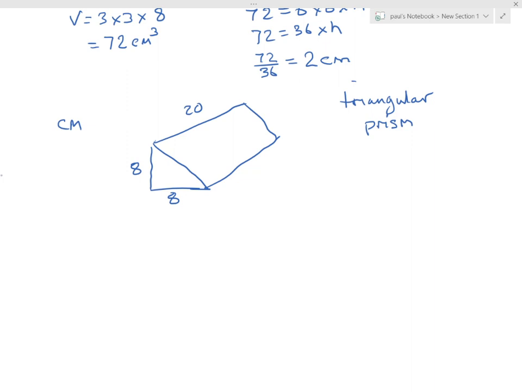So we need to find out the area of the triangle and multiply it by the length. So the volume is going to be half base height, which is the area of the triangle, times the length. So that's going to be a half times 8 times 8 times 20,